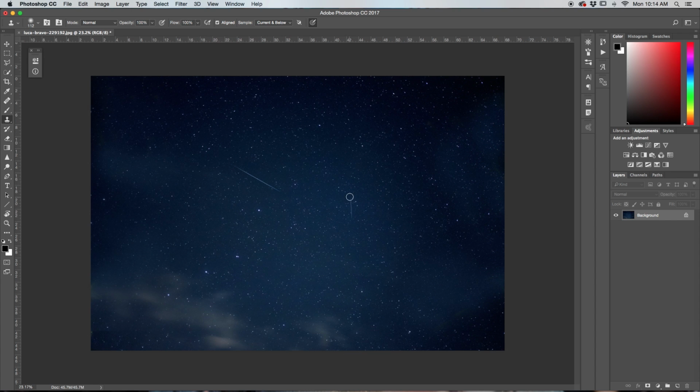I'm just going to hold Alt and clone stamp out this shooting star, and I'm going to do the same thing with this shooting star. Now our image is ready to have our effect added onto it here. So the first thing that we're going to do is open up our Photoshop Actions panel. Now this isn't something that I've often included in my tutorials, but to get to your Photoshop Actions, you just go up here to the little play icon here,